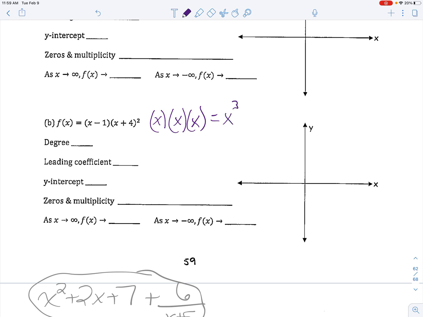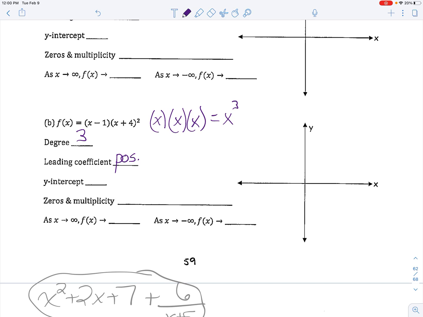So remember, if we were to multiply this out, we have an x from the x minus 1, and we have two x's with the x plus 4, because it's raised to the power of 2. So that's an x to the power of 3 if we were to multiply that all out. That would be the first term. So this is a third degree polynomial function